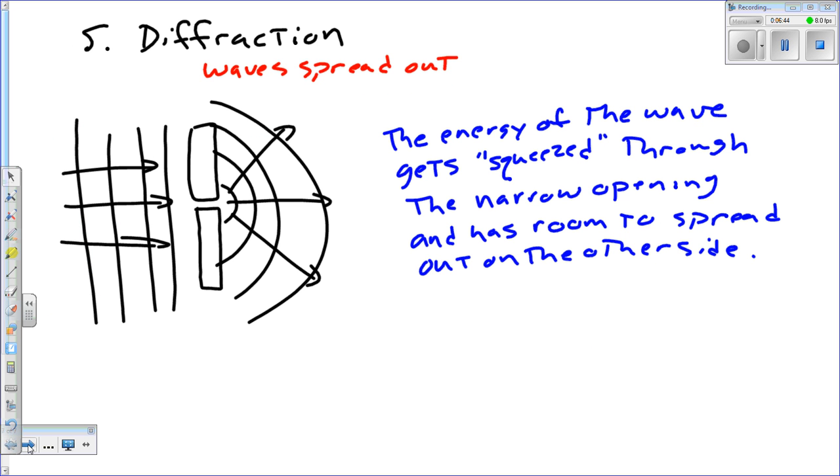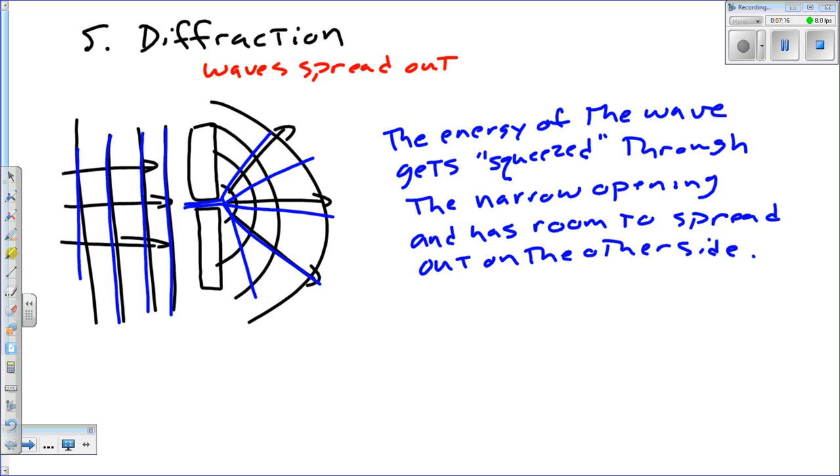Diffraction, waves spread out. So what happens here is that the energy of the wave gets squeezed through the narrow opening and has room to spread out on the other side. All this energy over here gets sent through this narrow opening here, and on the other side it has to spread out. It's basically pushing itself out, and so it goes in all directions. Okay, so here's the thing, diffraction,